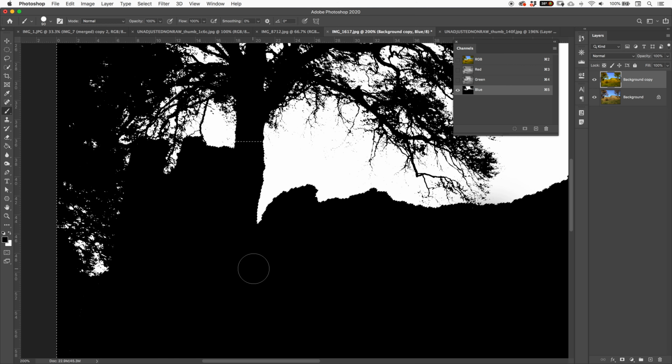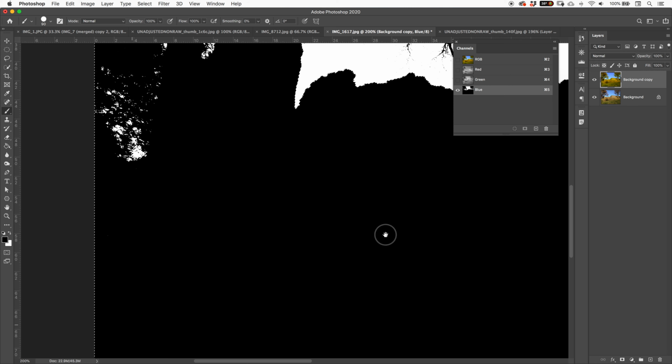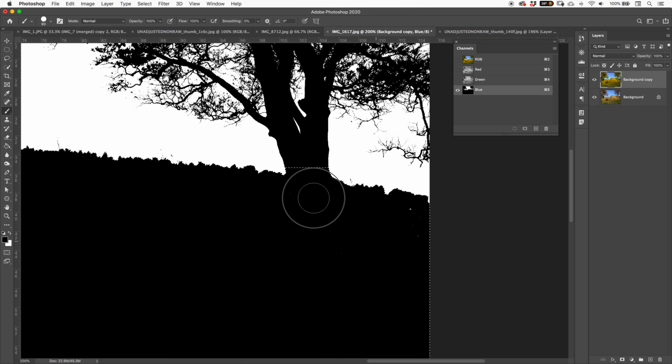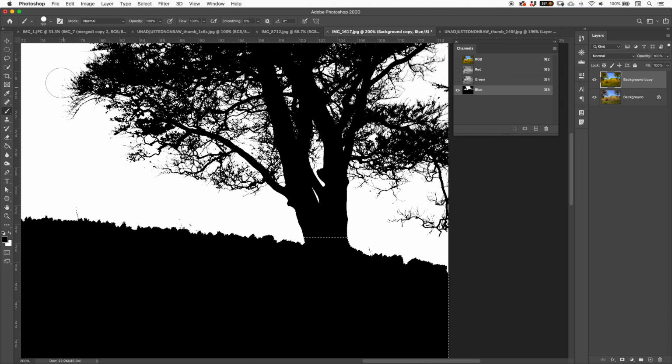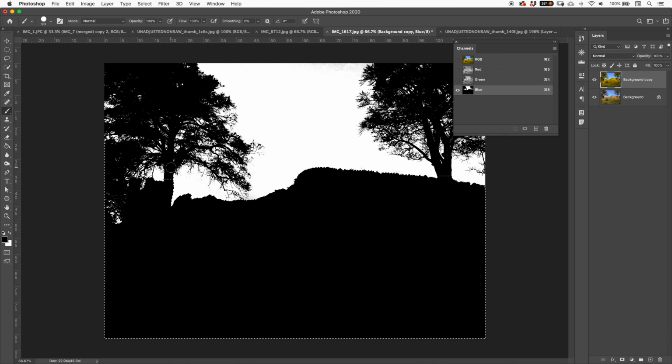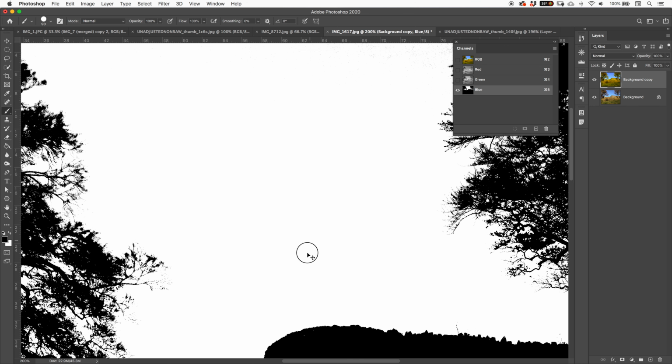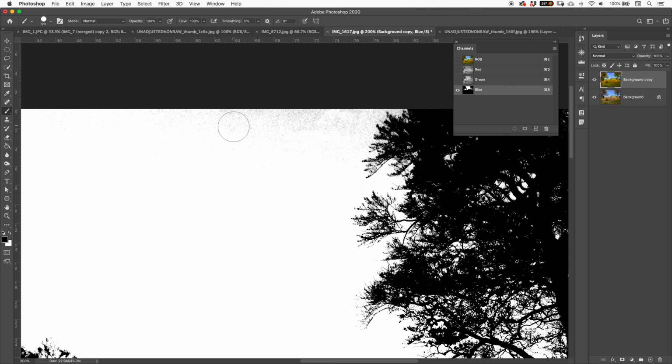Now there are some other options for doing this. In this image it's probably not necessary, but if you are doing things like hair, where it's very fine and precise, you may wish to adjust the levels using a different technique, and I'm going to show you that right up the top here, for the opposite thing that we're going to do, where I want to lighten this area. So realistically, I want the sky to be completely white. I want everything else to be completely black, and I want this little mottled area to be completely white. Now I could potentially go through with a white brush, but what I'm actually going to do is